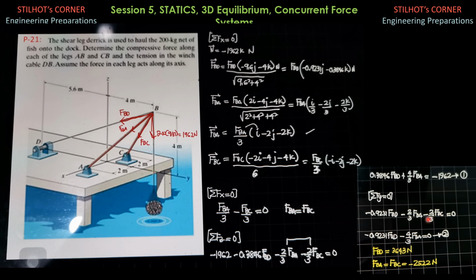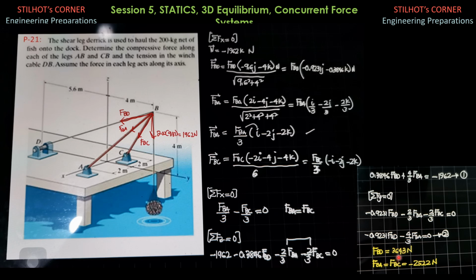So take note that FBA equals FBC, so I combine this and write in terms of FBA. So we have negative 0.9231 FBD minus 4/3 FBA equals 0. Call this equation 2. So solving equations 1 and 2 with the same unknowns FBD and FBA, we solve